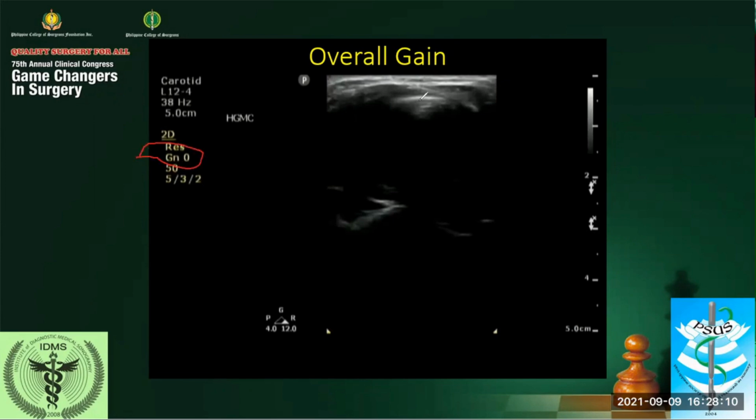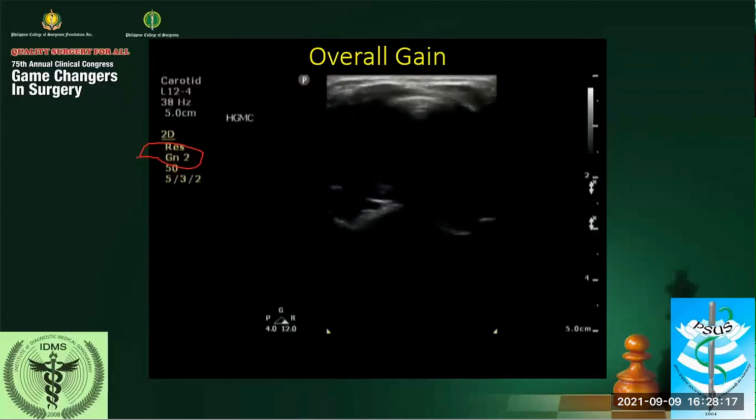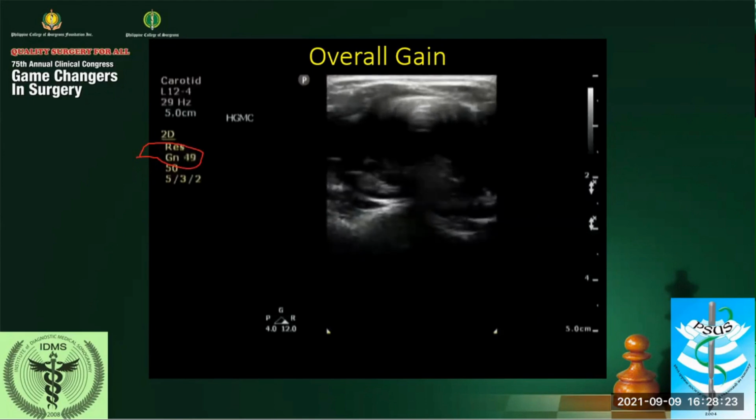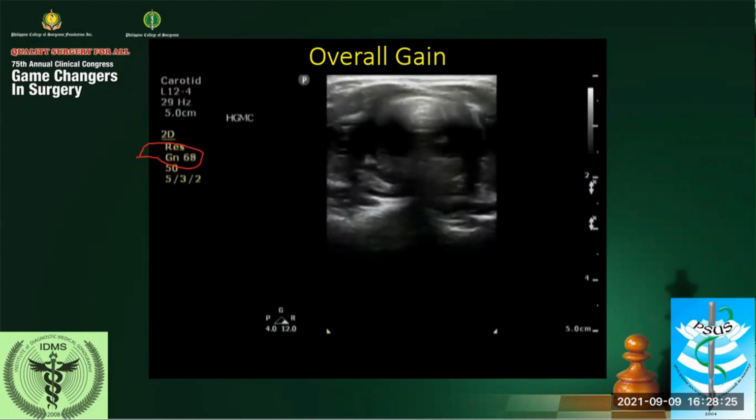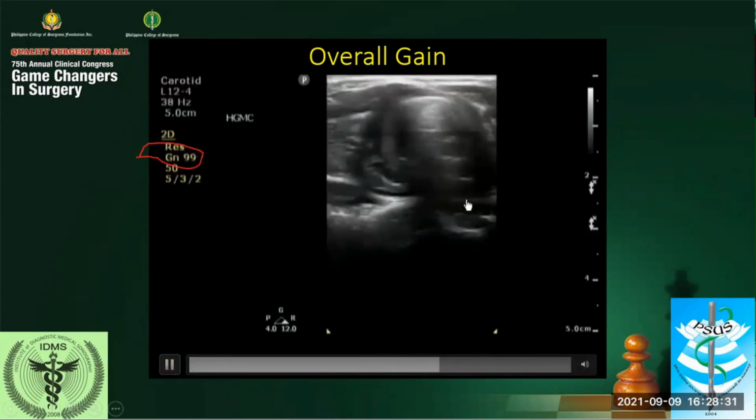Now it's at 0. Watch. So I play the video. The operator will increase the gain. This is the overall gain setting being increased, and watch what happens to the image. Okay. So the whole image, or the signals for the whole image, is amplified.